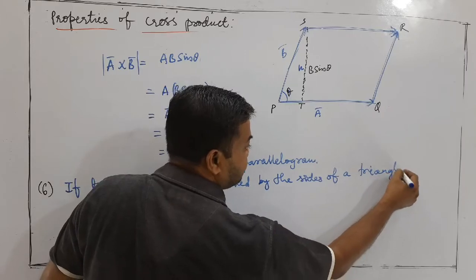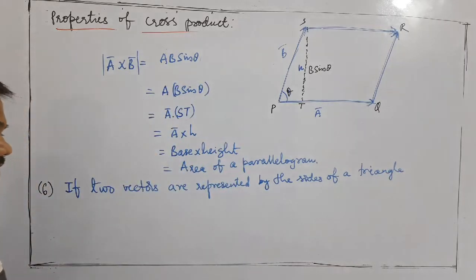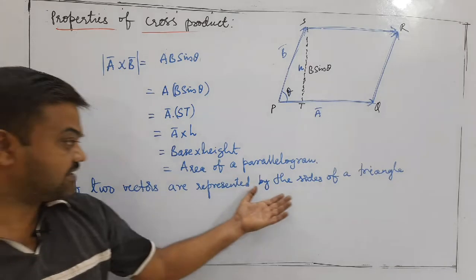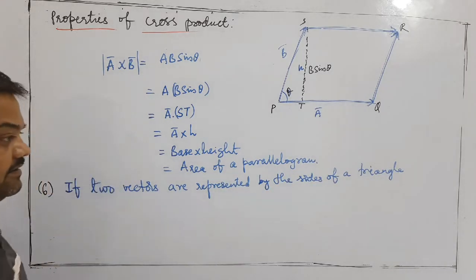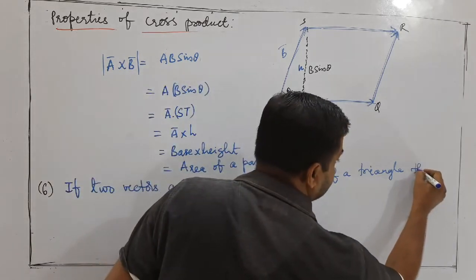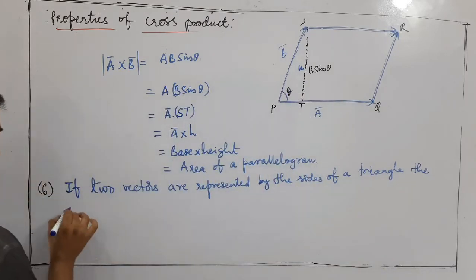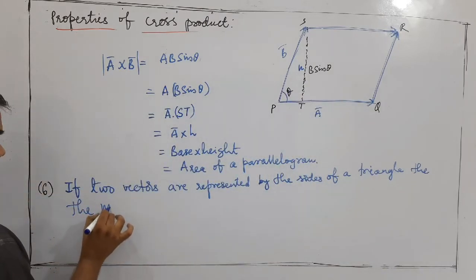In the previous case we have taken parallelogram. Now if two vectors are represented by the sides of a triangle, then the magnitude of